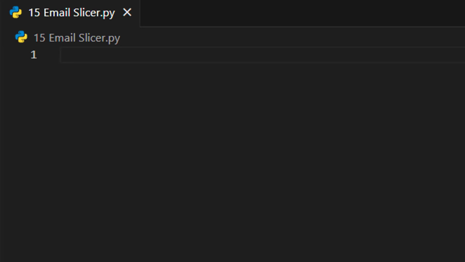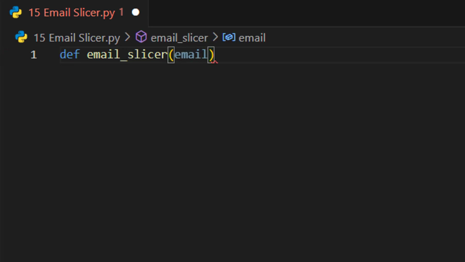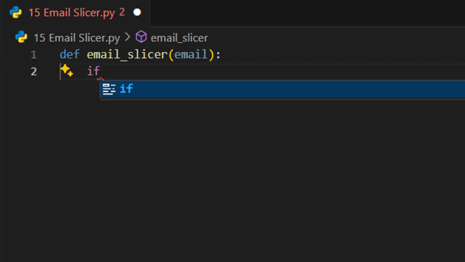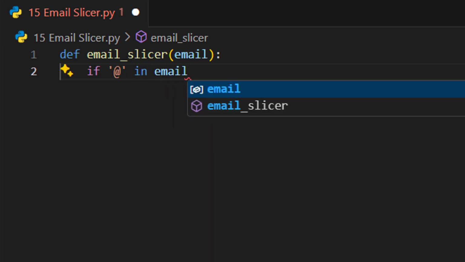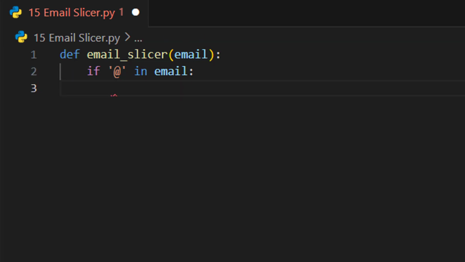Now before doing it, try to think of it yourself, how you can implement it. Well, 1, 2, 3, let's get started. So first we are going to create a function email slicer. Again, we are going to take say email. Next we are going to check that if @ is there in email, right? Then we can execute something like